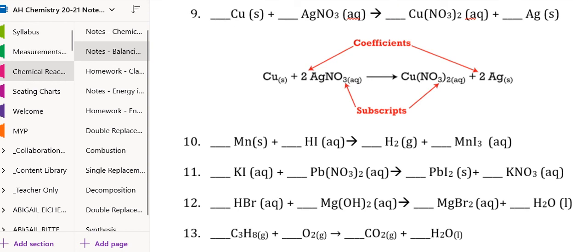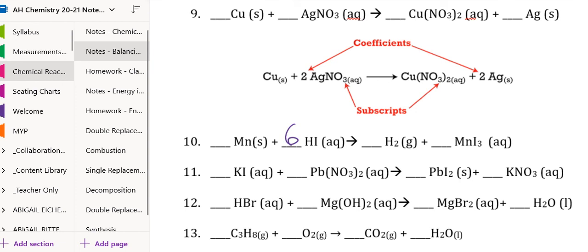So right now, what's not balanced? A lot of things, right? What I notice when I look at this is that the hydrogens and iodines aren't balanced. So what I might try is a 2 here. That would balance the hydrogens, but not the what? Iodines. And if I did it the other way and tried to balance the iodines and put a 3 here, then the hydrogens are not balanced. So what's the lowest number I can make hydrogen and iodine? 6. So if I try a 6 here,